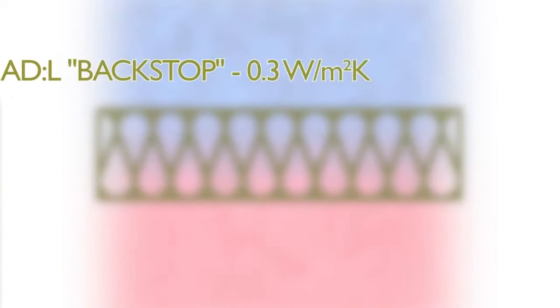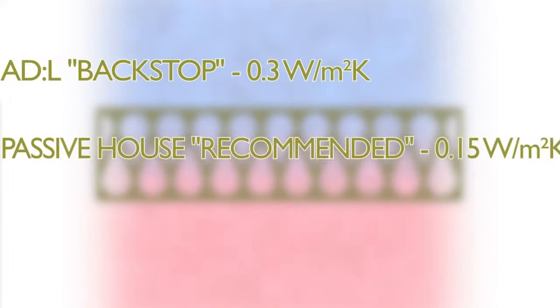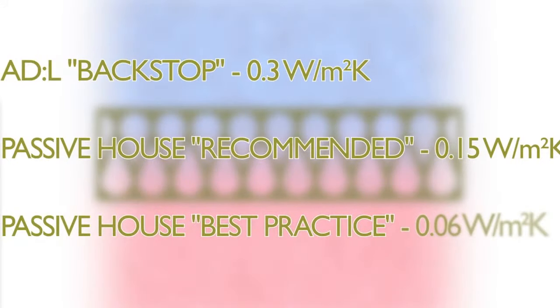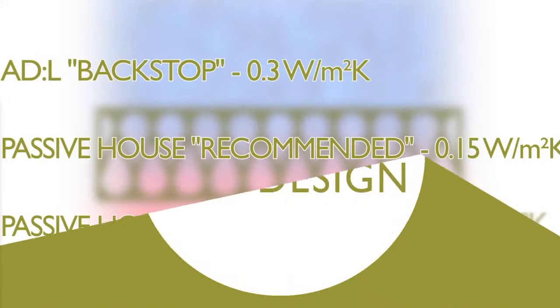As an example, the limiting fabric parameter, more commonly referred to as the backstop, or worst permissible U value for a wall given in approved document L for England and Wales, is 0.3, and the recommended worst case for Passivehouse is 0.015. The best practice Passivehouse value is considerably lower at 0.06. In practice, compliance with either standard is more complex than achieving a simple maximum U value, but roughly speaking, the worst case U value for a Passivehouse would be considered pretty good under national building regulations.